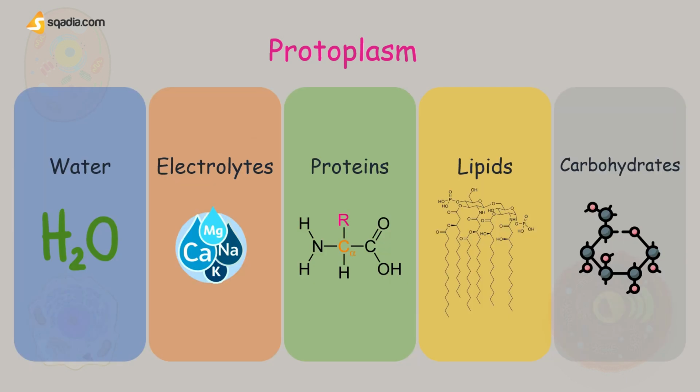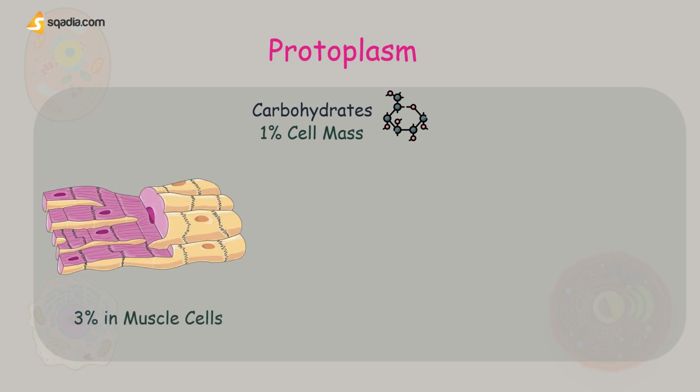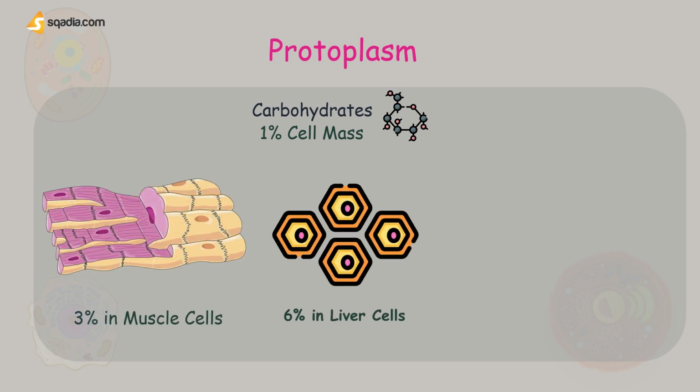Last in the line are carbohydrates that play a key role in cell nutrition and, as parts of glycoprotein molecules, have structural functions. Most human cells do not maintain large stores of carbohydrates. The amount usually averages only about 1% of their total mass, but increases to as much as 3% in muscle cells, and occasionally to 6% in liver cells. However,